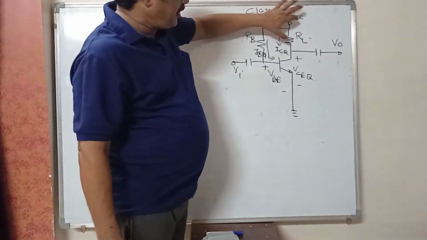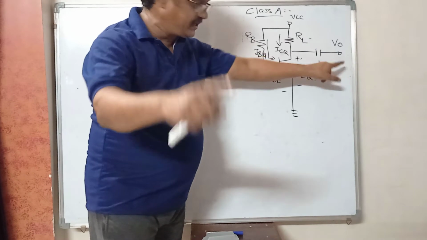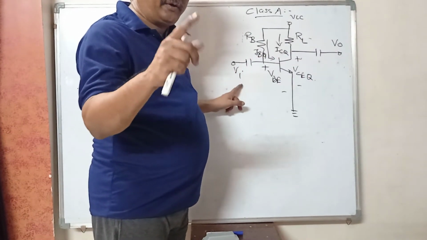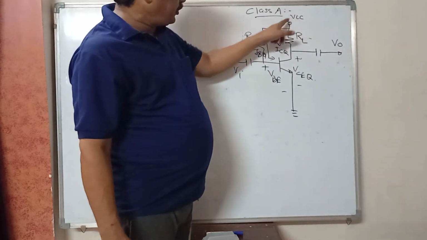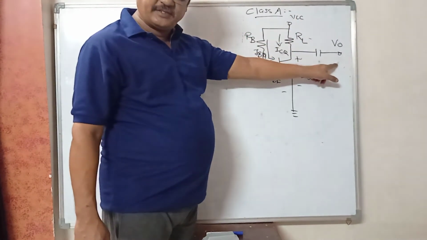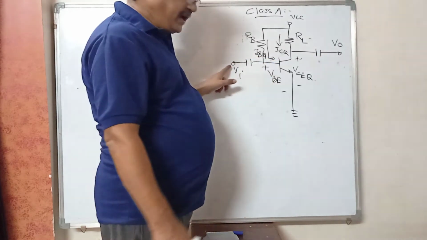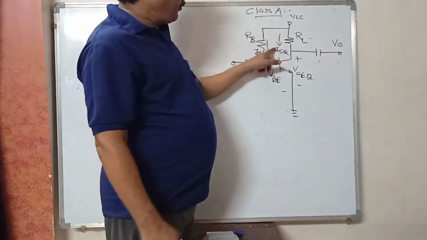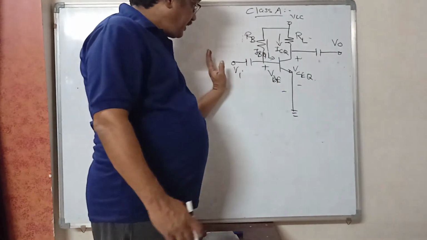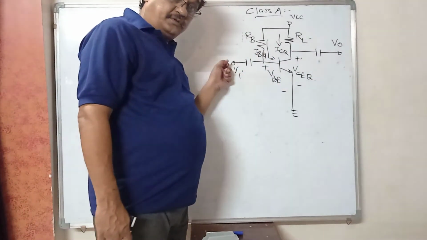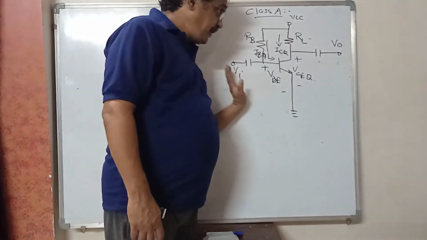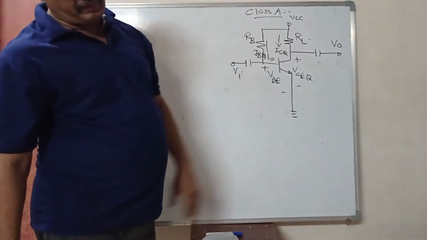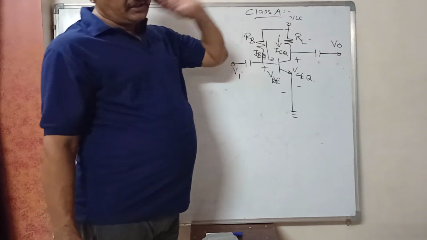Conversion of DC power into AC power, where the action of the circuit is controlled by the input signal. Try to remember the definition I have given: conversion of input DC power into output AC power, the action controlled by the input signal. So this is input power VCC into ICQ, DC, and while it is transferred to the output, it is transferred through the AC sine wave signal applied here. It passes through the transistor to the output and converts that power into AC output power. So input power is DC, output power is AC.